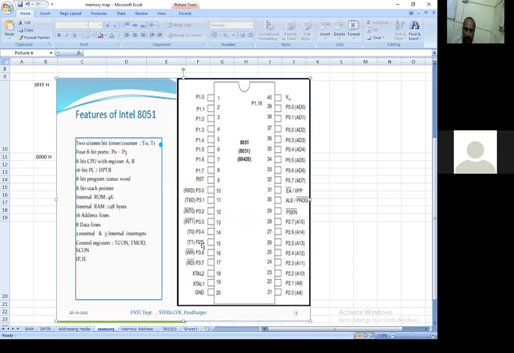These are the 2, and plus here RXD and TXD, that is used for serial transmission and reception. So this is the 3rd internal interrupt for 8051.